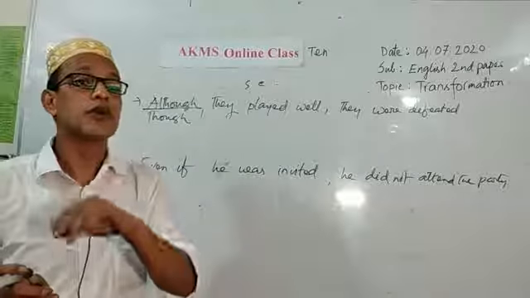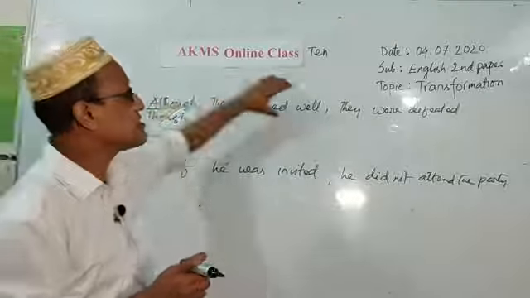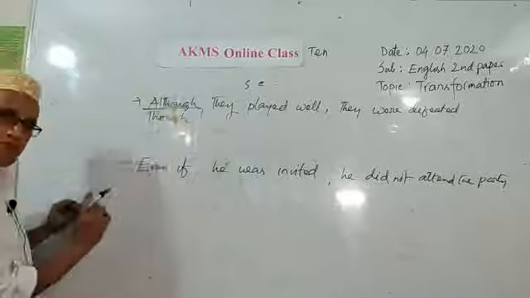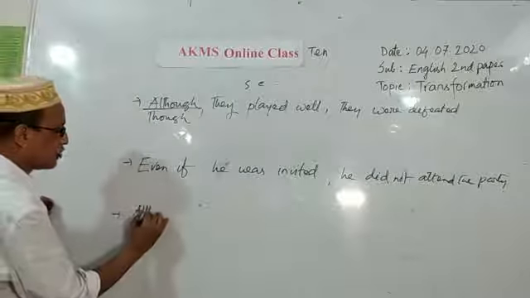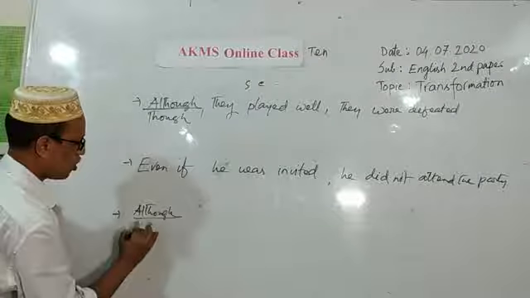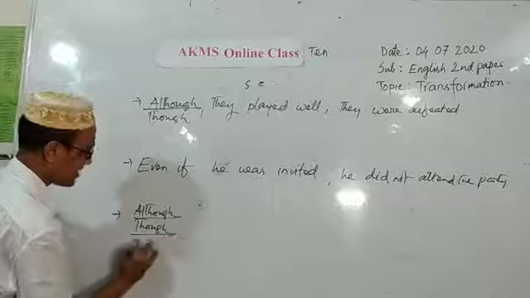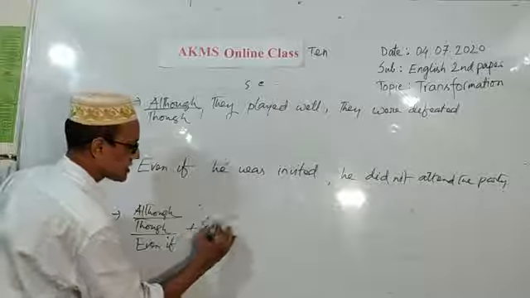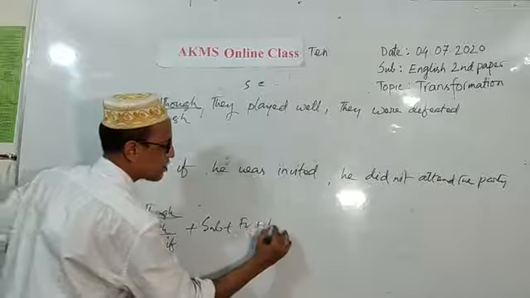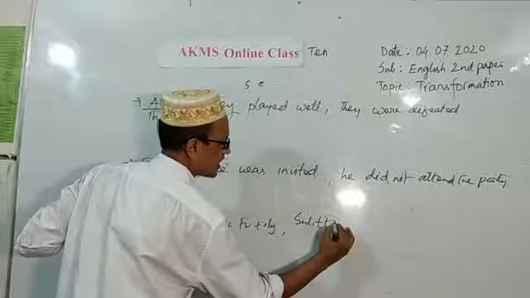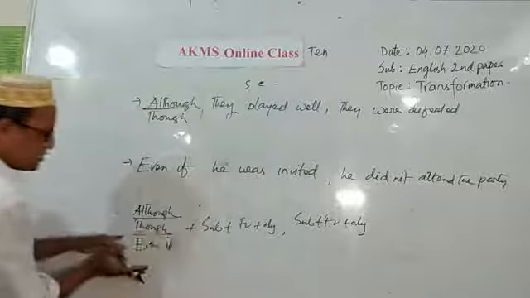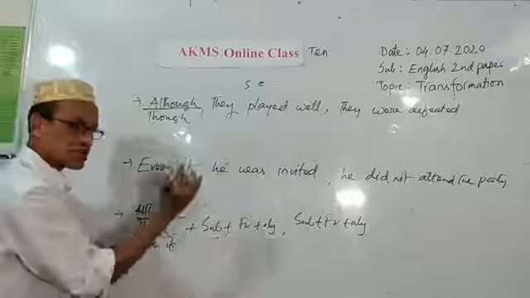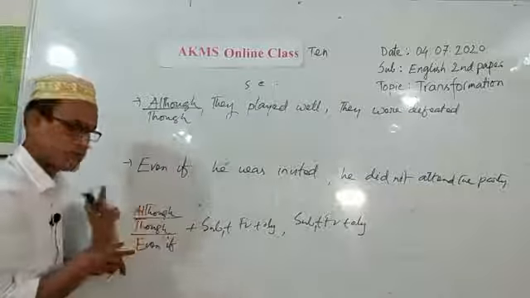Okay, and you can clearly identify that I have used the same subject in both the sentences. So, what is the structure of this complex sentence? Although, or though, or even if. I can use any one of the conjunctions. Then subject, finite verb and object. Another subject, finite verb and object here. And it is the structure of these two sentences. And it is complex sentence. Subject 1 and subject 1, both the subjects are same. Okay, fine.